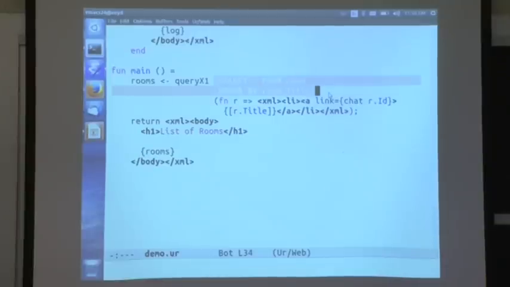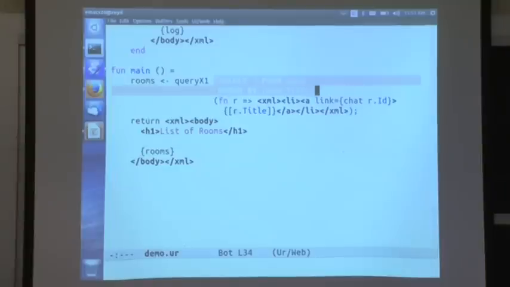This is desugared into calls of functions in the standard library that represent the valid ways of constructing an SQL query. And those functions have types that cause them to type check the query for you, not just guarantee that the syntax is reasonable. So this gets desugared into an indication of an SQL query, and then the code here is basically just looping over all the rows that come out of that query and generating a piece of HTML for each one. In particular, we're going to take the title field of a query result and